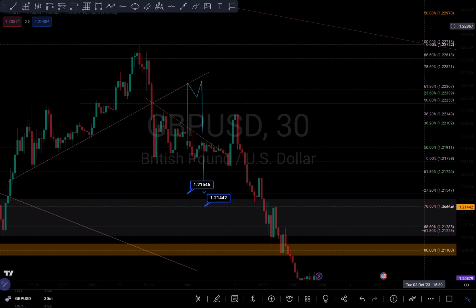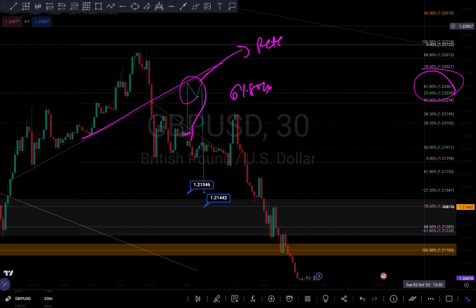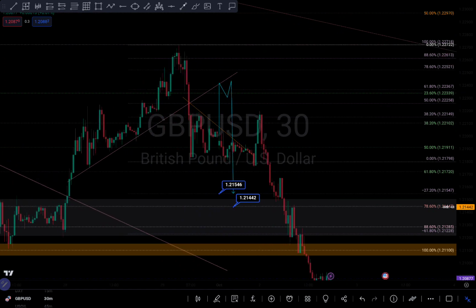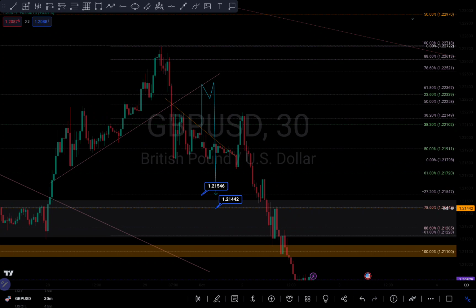So my bias on it was, I think it was around here, that we might actually push up a little bit to maybe my 61.8% fib level to retest this trend line, before we now continue to push to the downside, because overall I knew it was on a down move, but I was expecting a bit of a retracement before we now continue to push to the downside. As we can see, we didn't get to my 61.8% fib level, we started rejecting off of my